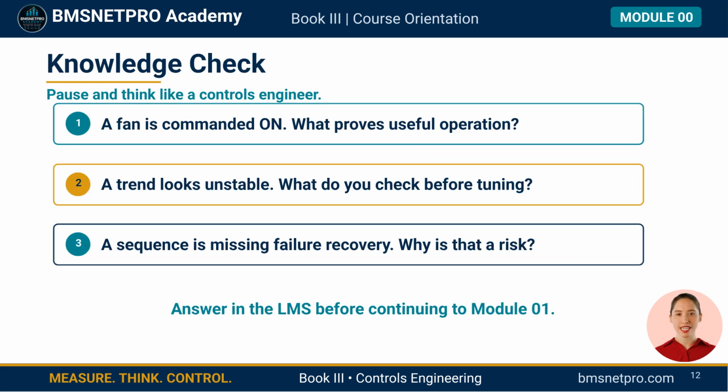Let us finish the orientation with 3 questions. First, a fan is commanded on. What would prove useful operation? Second, a trend looks unstable. What do you check before tuning? Third, a sequence is missing failure recovery. Why is that a risk? These questions preview the professional thinking used throughout Book 3. The correct answers are not only software answers. They require physical evidence, measurement confidence, defined states, and testable recovery. Complete the knowledge check in the LMS before moving to Module 1,